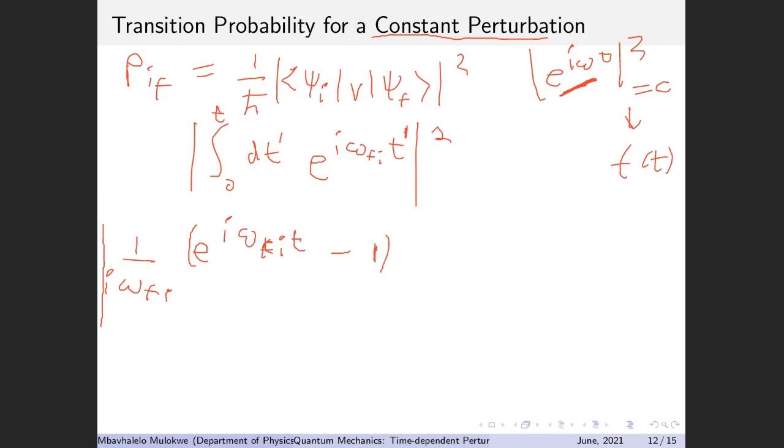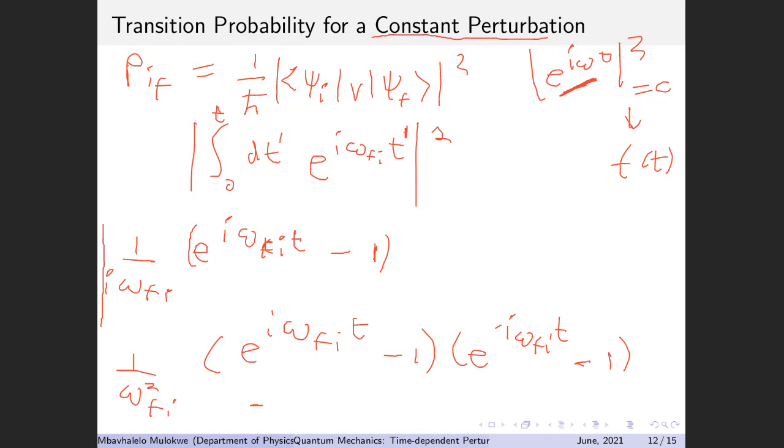So the mod in the bottom, you get omega final initial squared, and in the numerator, you get e to the omega final initial t minus 1, e to the minus i omega final initial t minus 1. So you get 1 over omega final initial squared, right? If you multiply those ones, you get 1. Then if you multiply the exponentials, you also get 1. So this gives you